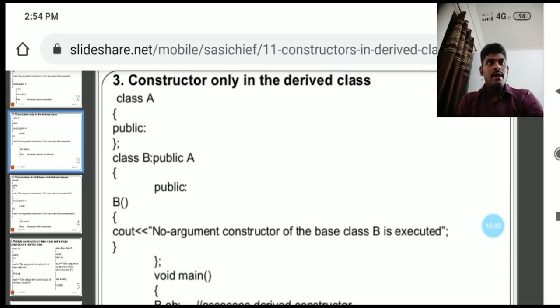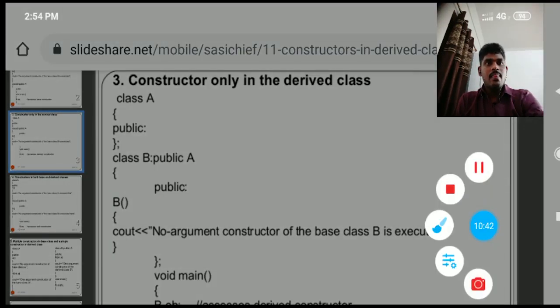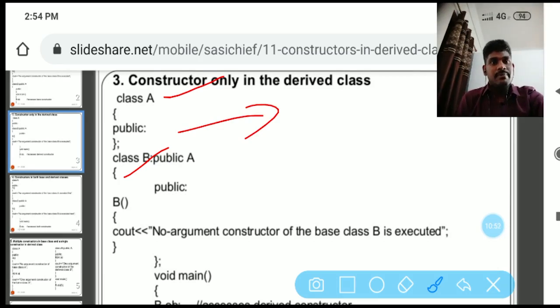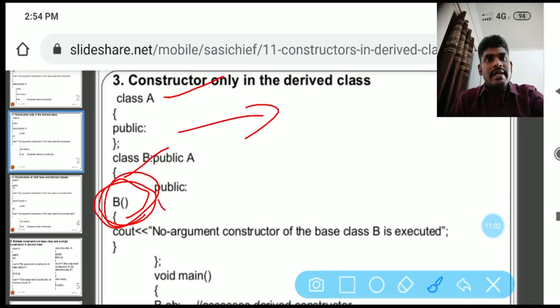Look here. Class A is the base class and class B is the derived class. In class A there is no constructor at all, but in class B there is a constructor, B().